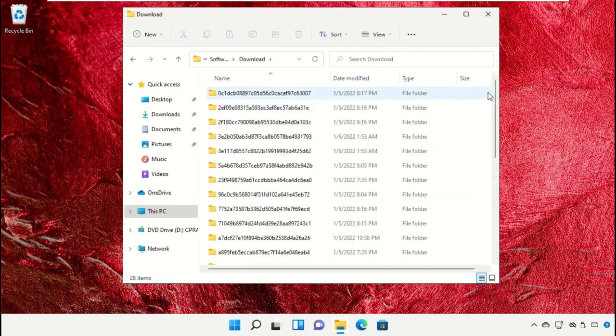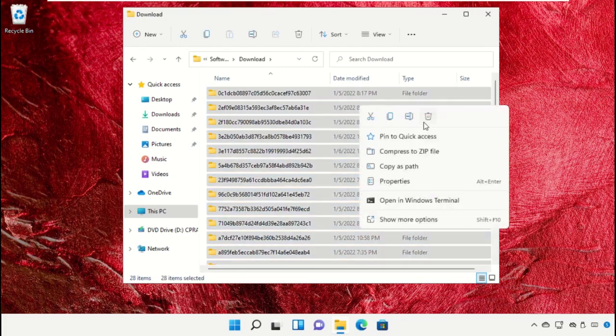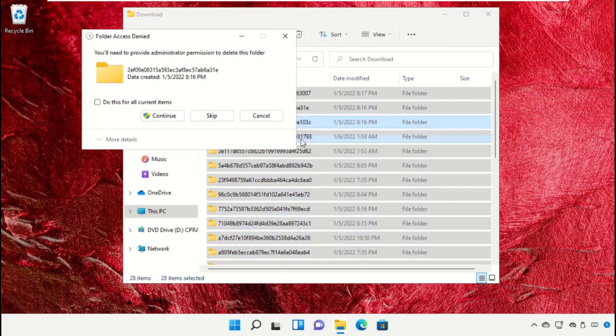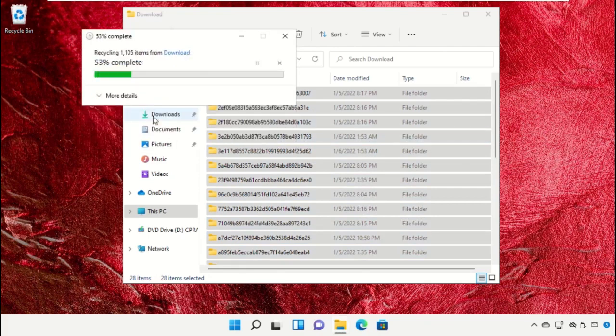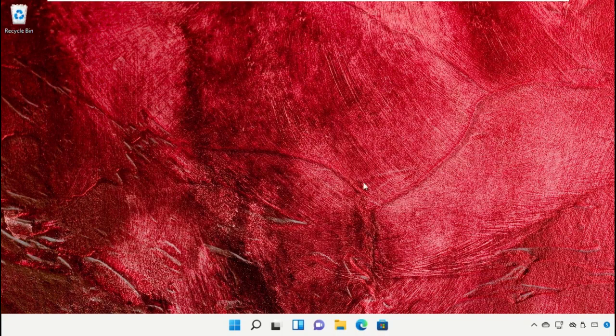Here we need to delete all these files. Select all, right click on it and click on delete. Click on continue. OK. Now close this window. In the next step,